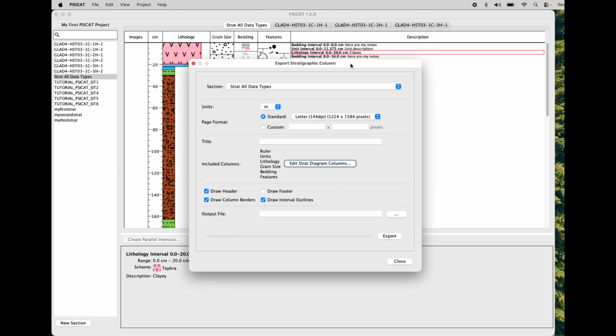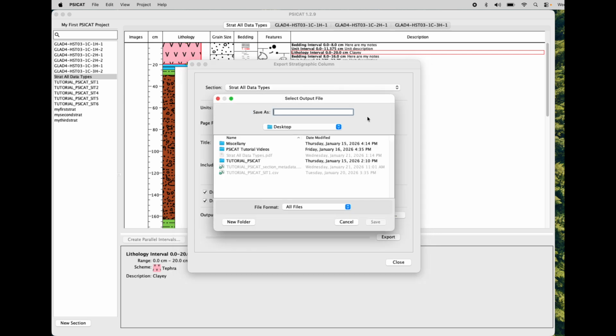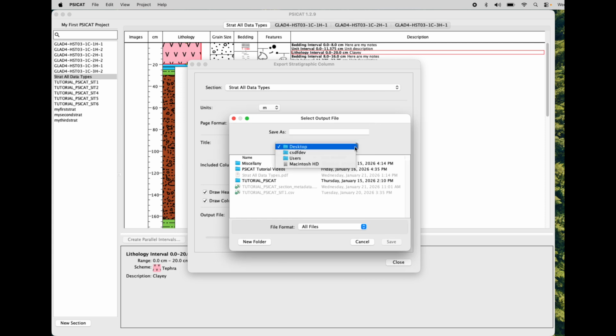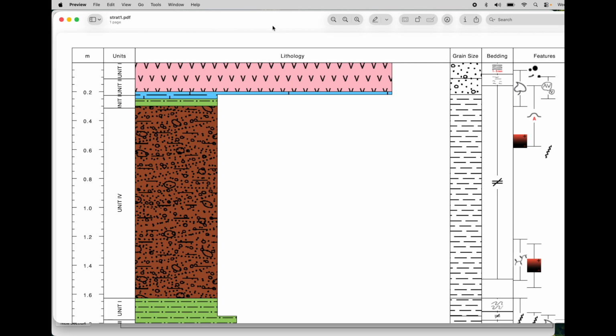So first, I will just do a regular export without changing these options. You also have to choose an output file here instead of a directory as you do when exporting diagrams. So I'm just going to call this strat1 and export it. And this will look pretty similar